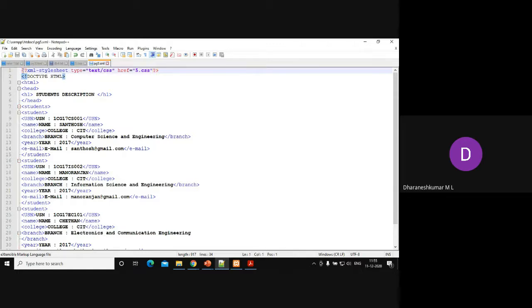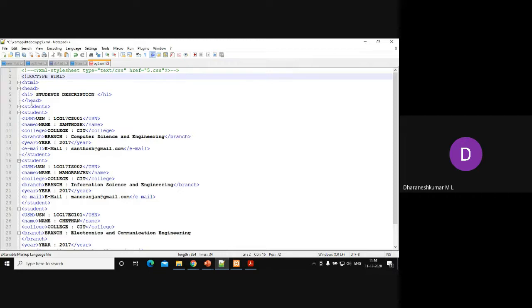Now just for the time being, I'll put a comment on this one. So this is how to comment in an XML file. I have commented this one. I told you XML follows the syntax of your HTML. So here I will specify the doctype as HTML. Then inside the HTML, we have the head tag. To specify the heading with the student description, we have used H1. You close the head tag.